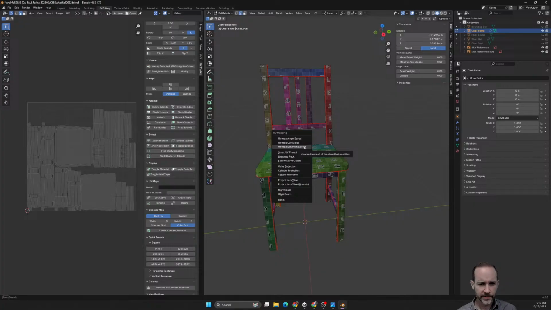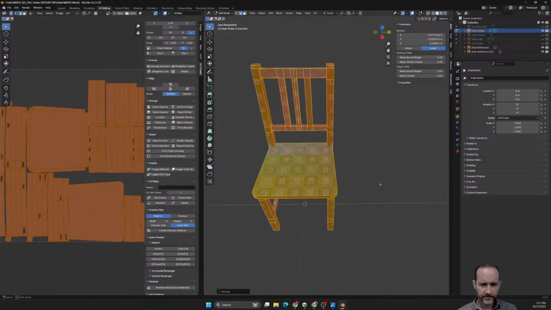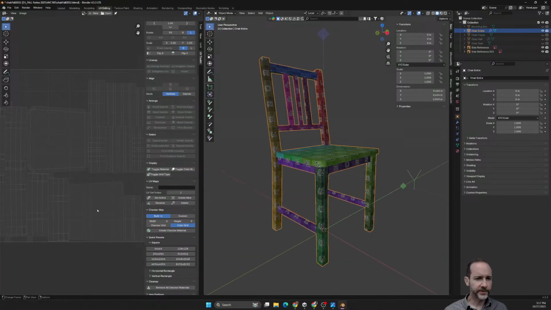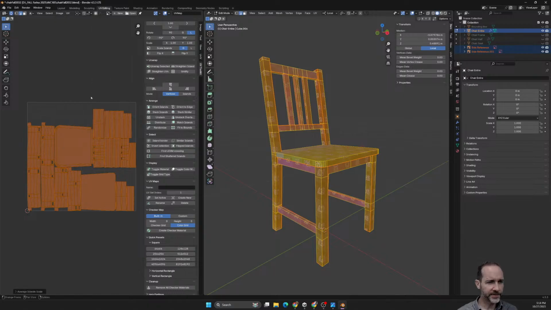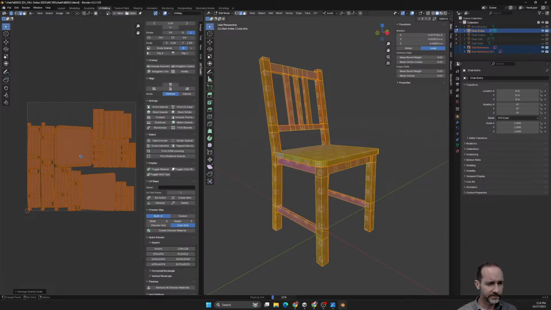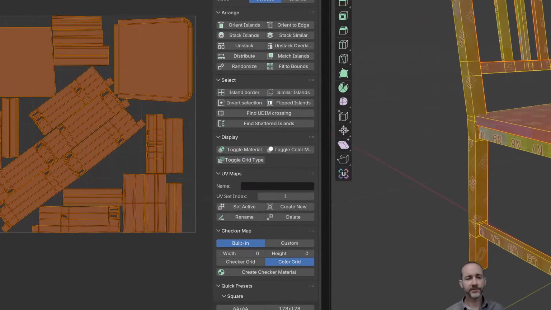U. There we go. A, U. Yeah. And so now it looks exceedingly good. It looks pretty well packed here, but we'll run the algorithm anyway. Let's do average island size, which has been doing. Yeah, so again, it's trying to maximize pixel density there, but especially in this case, because we're going to make